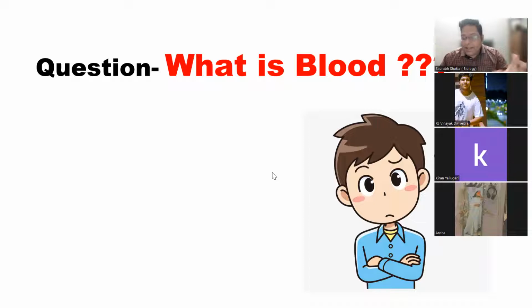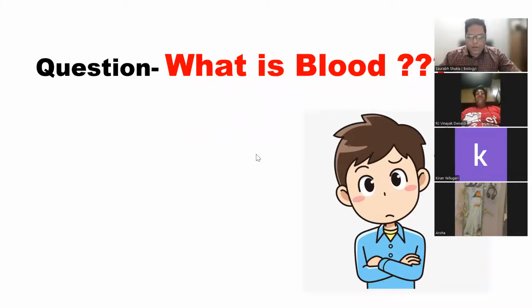The answer is, it's a fluid connective tissue, child. How will you define blood? Blood is one of the fluid connective tissues, and in this tissue a lot of components are always there, child. My screen is visible to all, right? Vinayak, Aruha? Yes, sir. Blood is a fluid connective tissue, and in this important tissue a number of components are there. So here we can say,